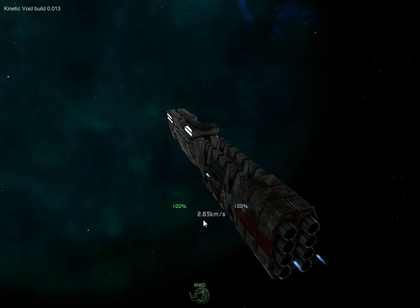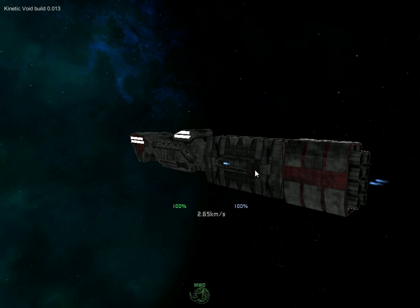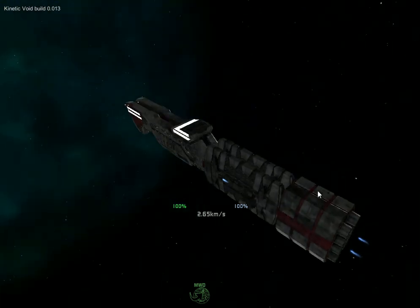This is at max speed. Max standard speed. Now, I don't even need to tell you what happens if this thing hits you. That gun there, that gun there, these. So yeah, you got that little gun there, size 2 there, 2, 2, 2, 2, 5. And then